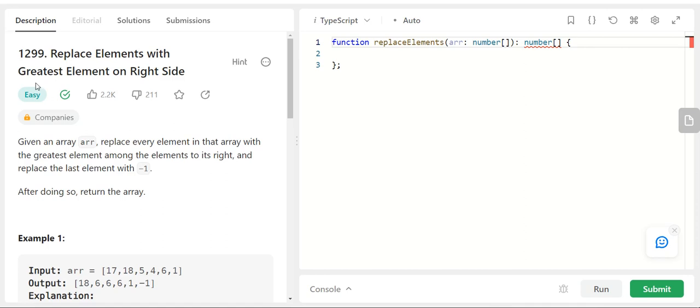Hello everyone. So let us talk about this LeetCode problem: replace elements with greatest element on right side. Okay, so you are given an array. Replace every element in that array with the greatest element among the elements to its right, and replace the last